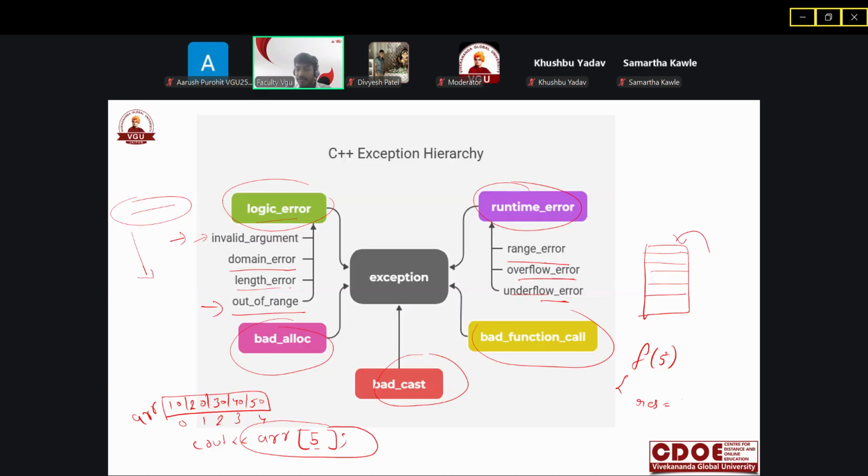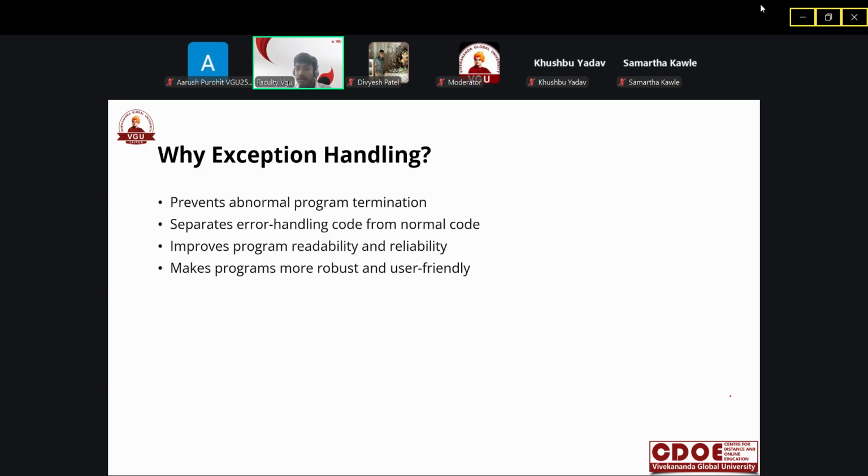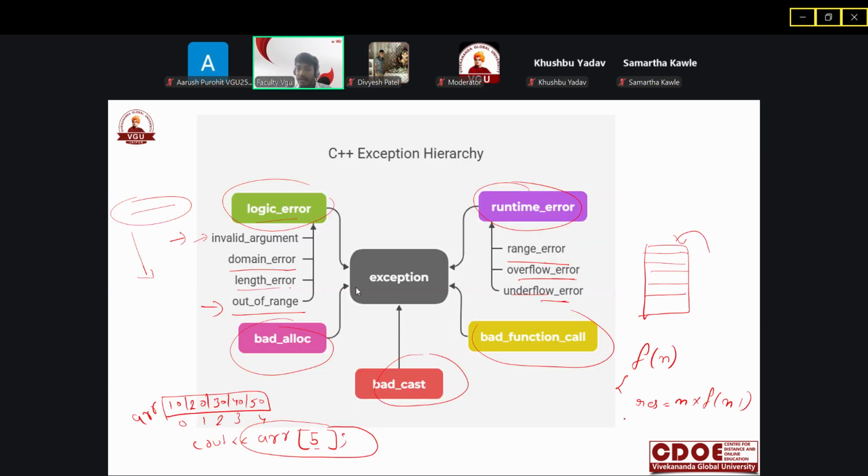You have some function f of n, and in it you are calling f of n minus 1. You write this kind of function, and in the integer main you are calling f of 5.